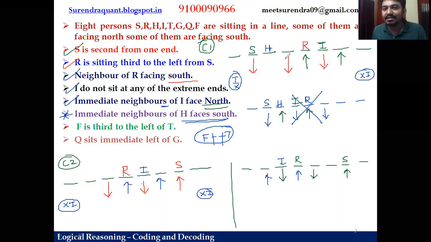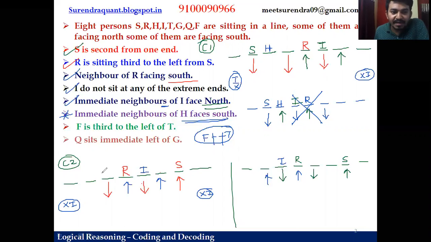First one, second one. If I place H here only, the diagram will satisfy, because to have 2 persons between F and T, totally 4 blanks should be there. Here, it is not possible. If I place F, 2 gaps, T is possible, but in this it is not possible. So from case 1, the sub-diagram 1 is eliminated.